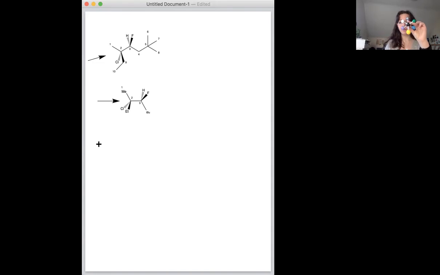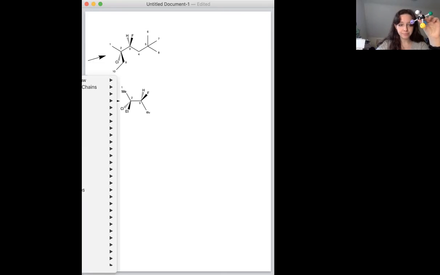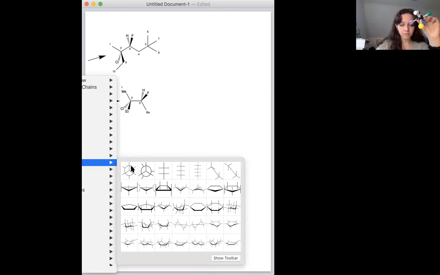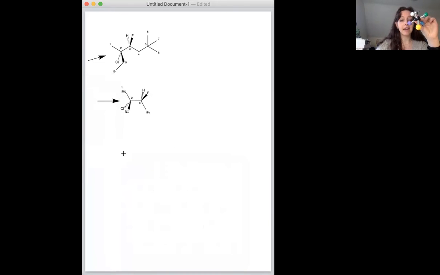Because you can see we're looking right at one of those carbon atoms and you have 3 things sticking out all around it, just like a Newman projection, right? So if I were to draw a staggered Newman projection, you see here that we have one carbon that's right in front of you. In my case, that would be carbon 2 right here. And then this big circle represents the carbon behind it, which in this case would be carbon 3,